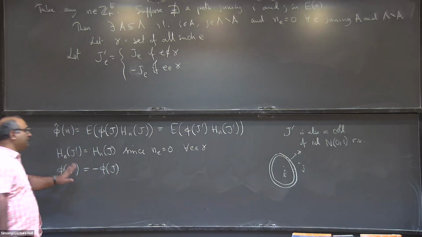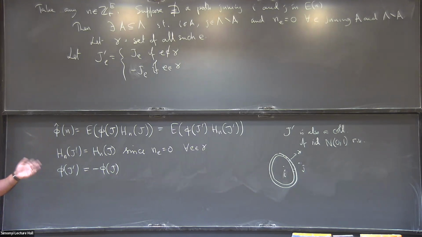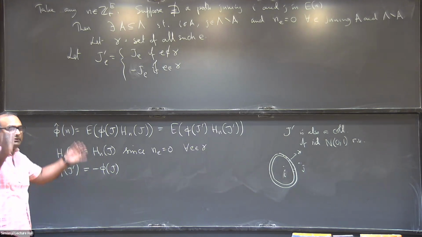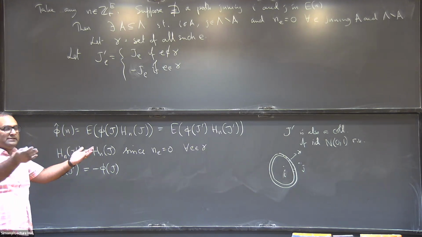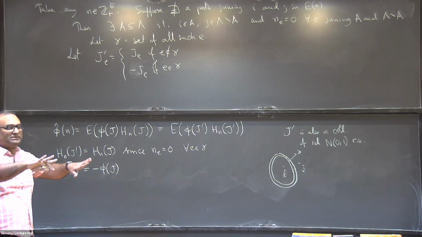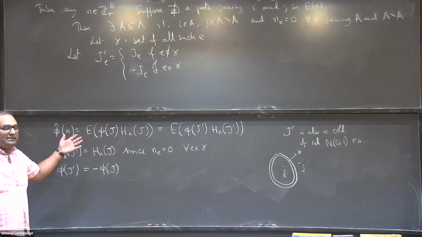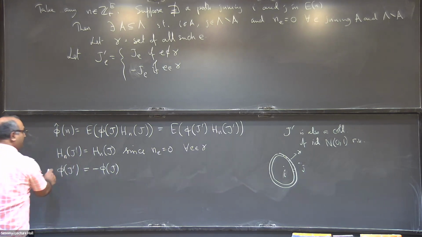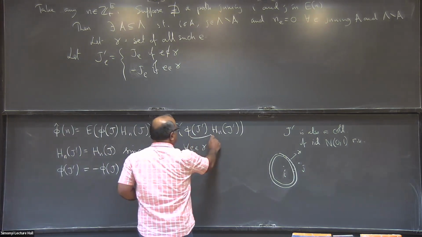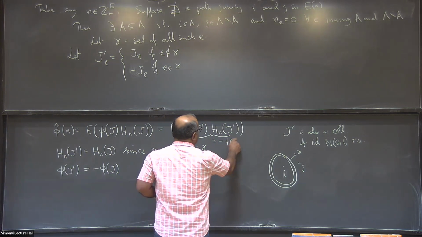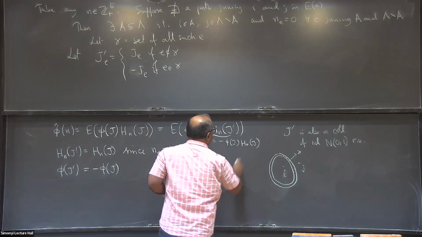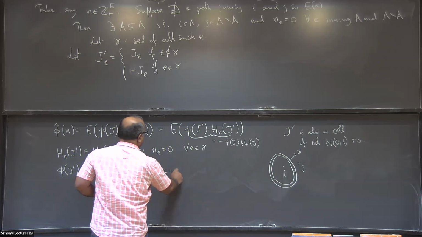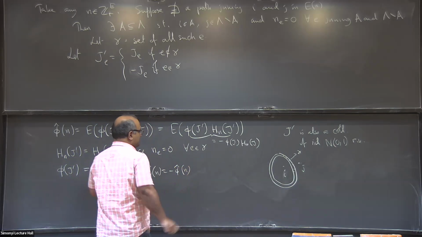This is the only place where I use that the function phi is a product of the ground state spins. So if you reverse the signs of everything along the contour, the new ground state is obtained just by flipping everything inside to have the opposite sign. You take the original ground state, flip everything inside, you get the new ground state. So you get this. Therefore, this thing is equal to minus phi of j hn of j. So this tells you that phi hat n is minus phi hat n, which means that it's 0.